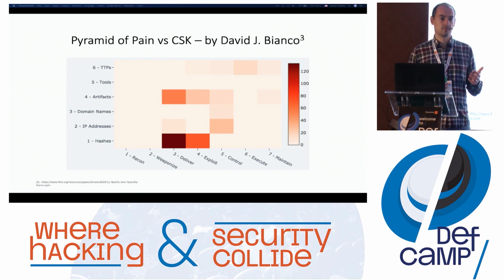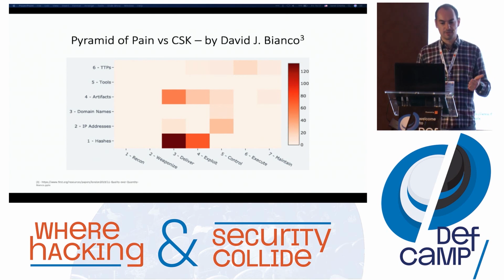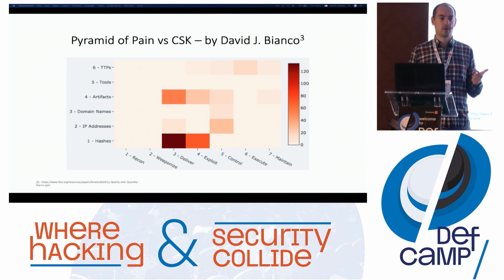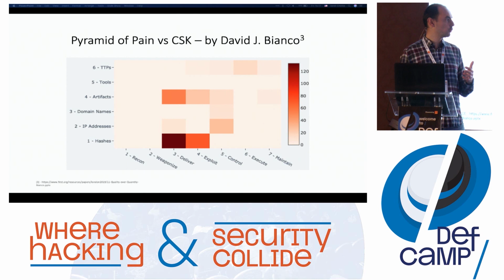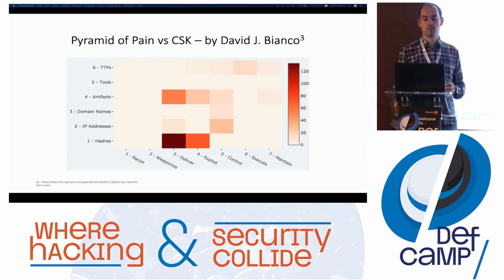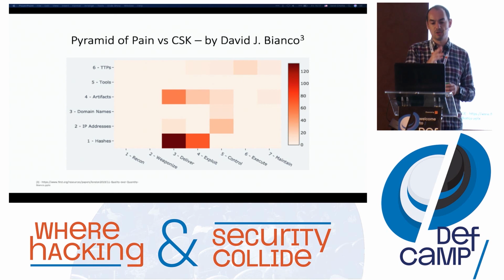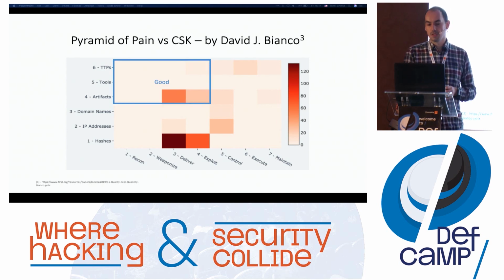You have frameworks. You have the pyramid, the Diamond Model. You have the cybersecurity kill chain. You have ATT&CK, MITRE. Take those things, try to combine them based on what you believe is best for you. It's good to know what types of IOCs you have in comparing the Pyramid of Pain versus the cybersecurity kill chain.